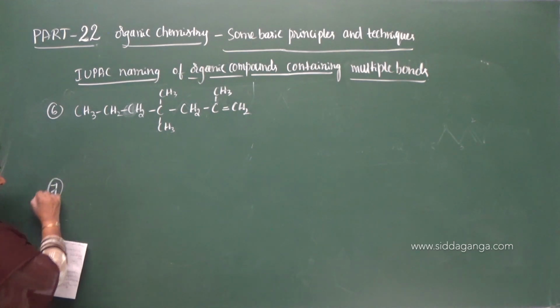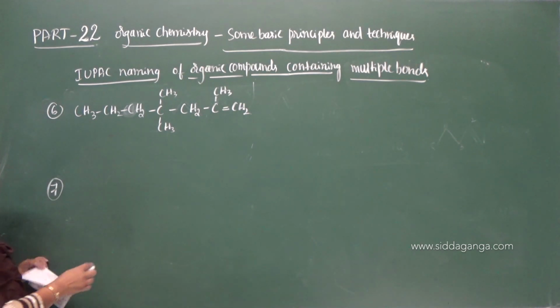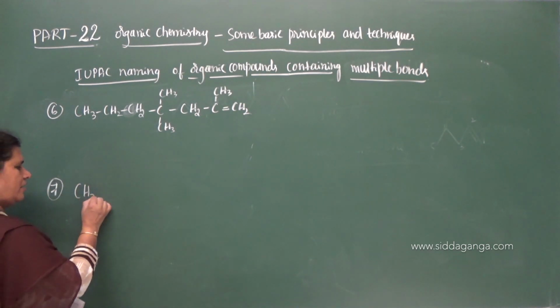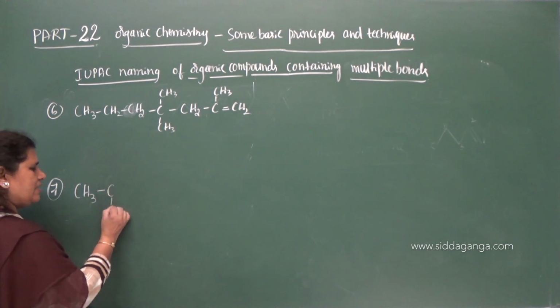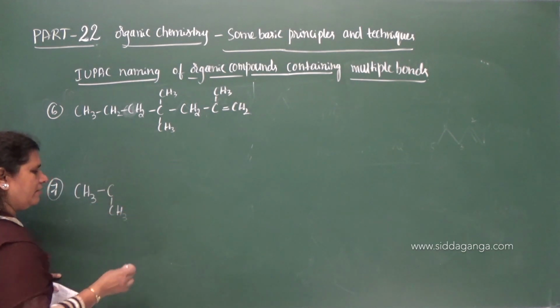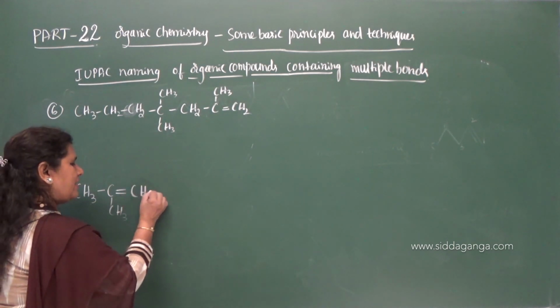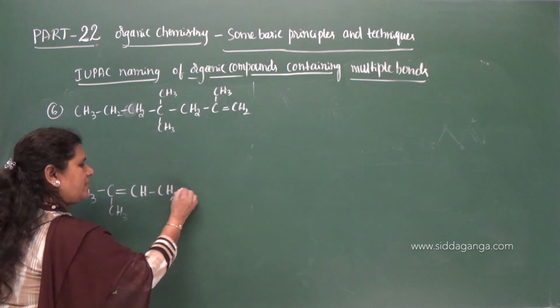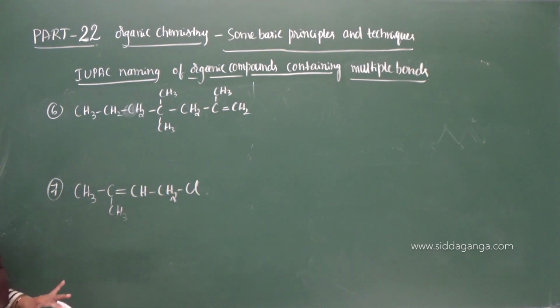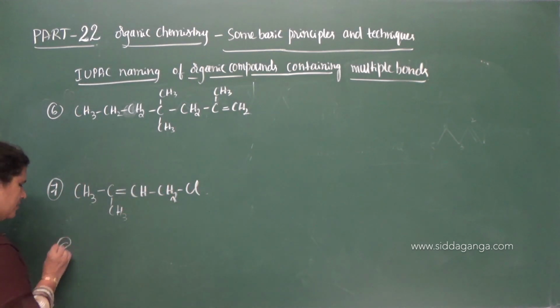So seventh one, CH3, CCH3, double bond CH, CH2Cl, CH2Cl. So eighth one,